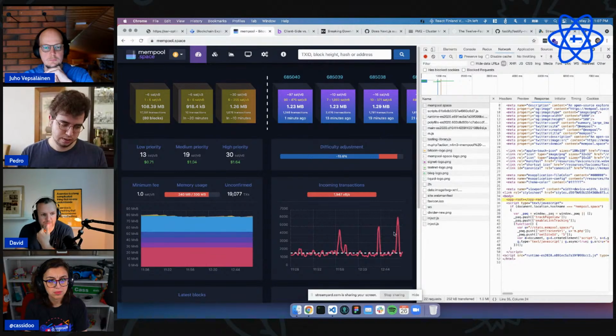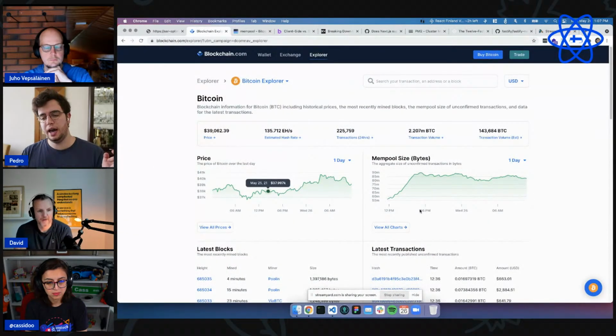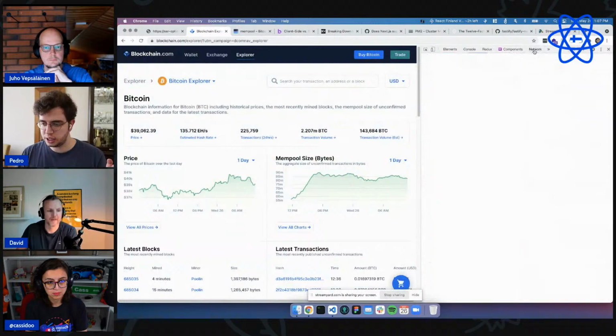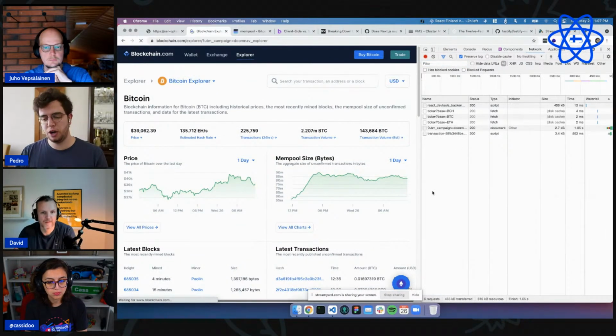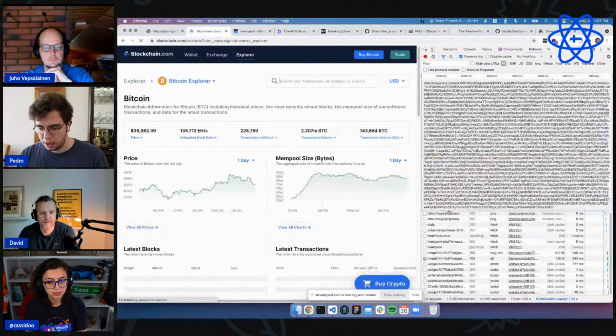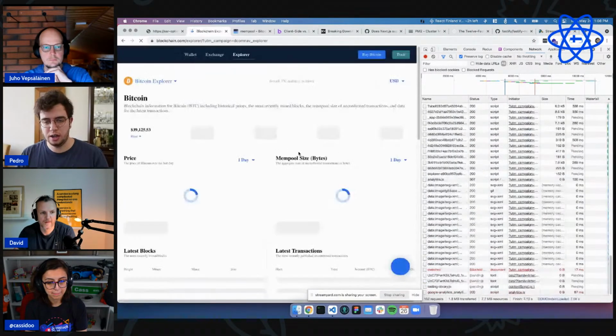Next.js, on the other hand, takes this rendering that would happen on the client, and does it on the server. So it gives you the page entirely. I'm going to refresh it here to show. It gives you the page entirely on the